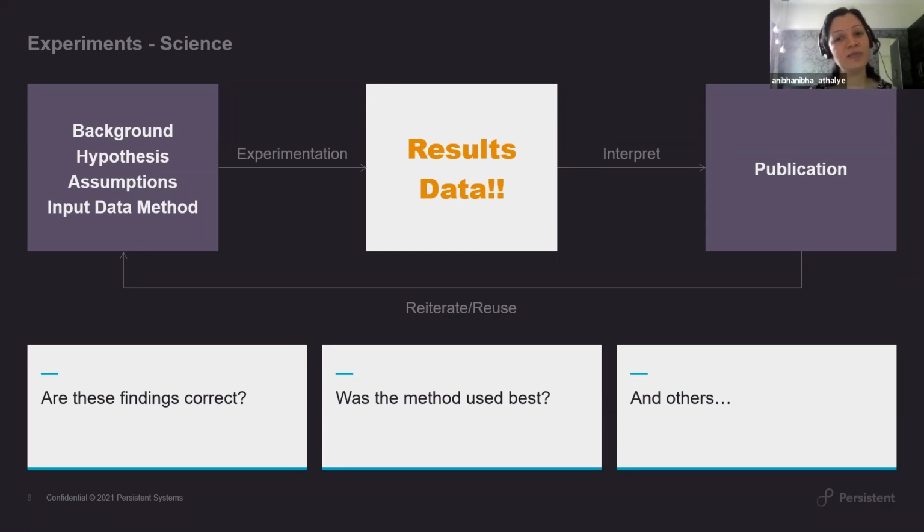Now, when you're doing this experimentation, what also becomes important are the parameters which are getting passed to the experiment, like what is the pressure, what is the atmospheric temperature, and so on and so forth. And at the end of it, once you follow the series of steps, you get to the results or the data. You then analyze the series of results that have been achieved using that experiment.